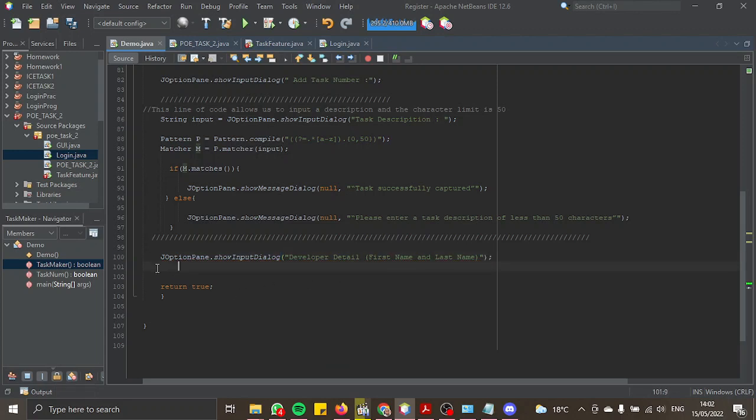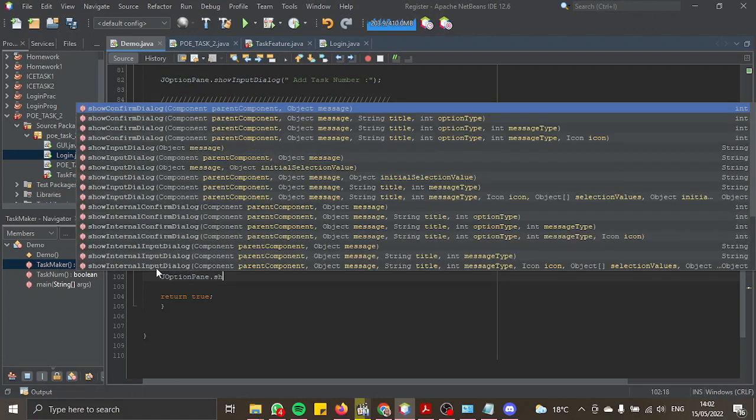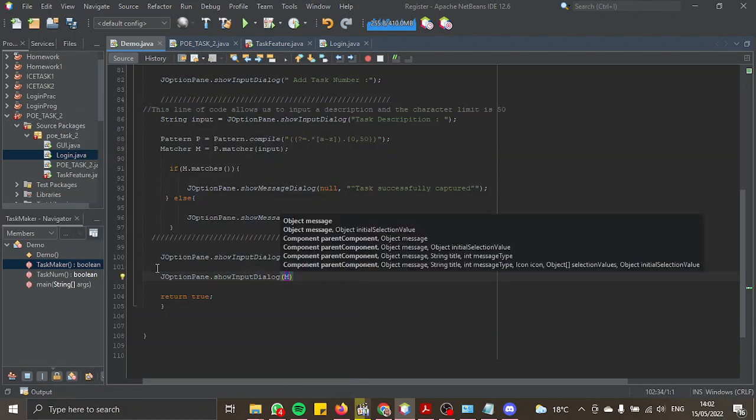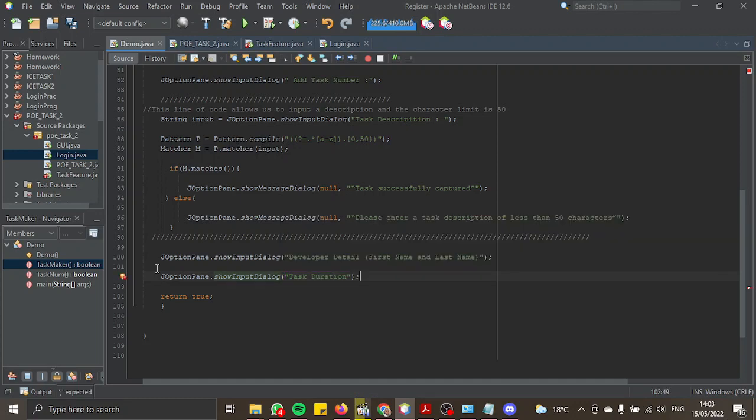And then we do another JOptionPane.showInputDialog, task duration. Okay, so then we'll just run the task duration, and it will just ask us what we want from these two, like add our details, first name, last name, and task duration. So just